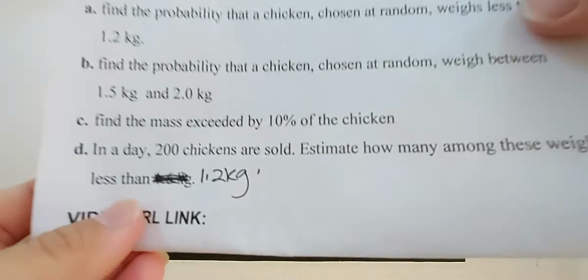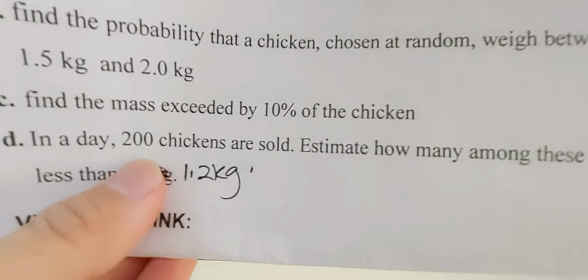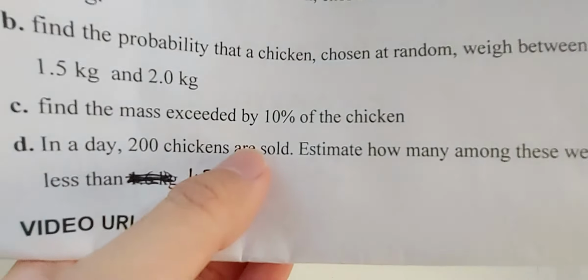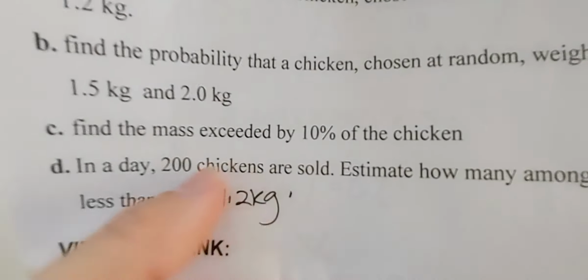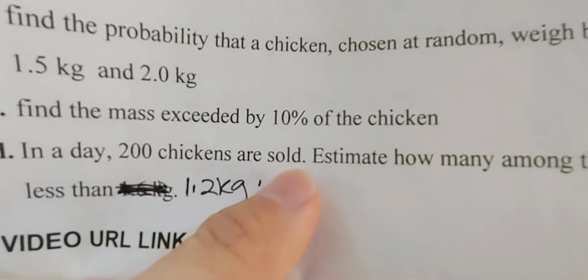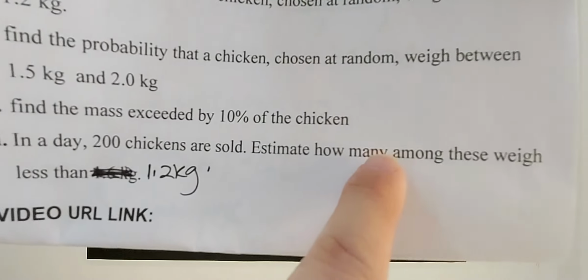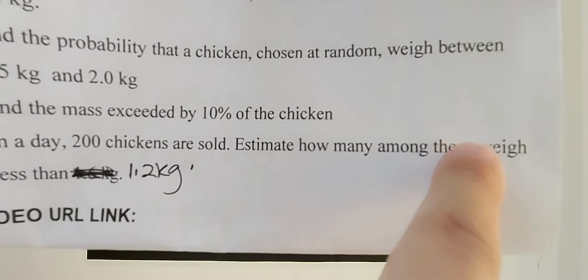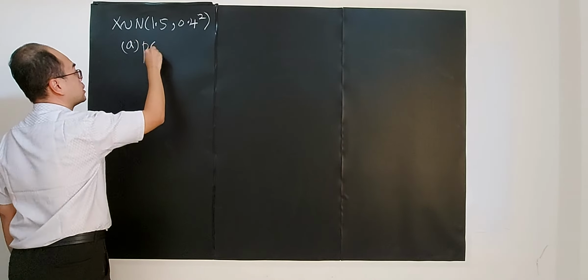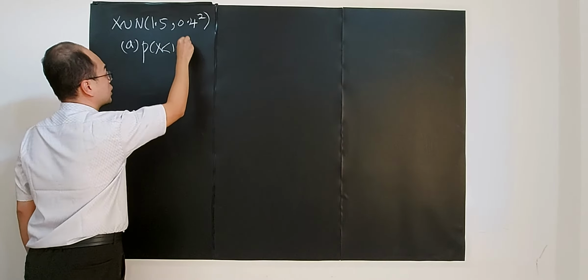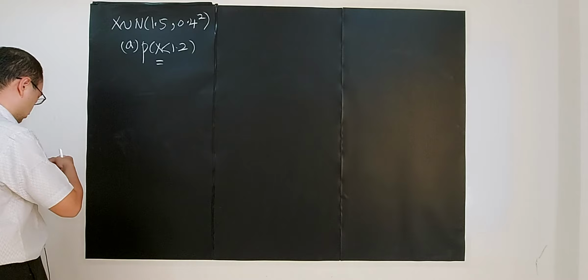The final question here is, in a day, 200 chickens are sold. So this is the number of samples here, 200 chickens sold. Estimate how many of these weigh less than 1.2 kg. As you know, from part A, the probability of X less than 1.2 kg, which you calculated just now, you got the value of